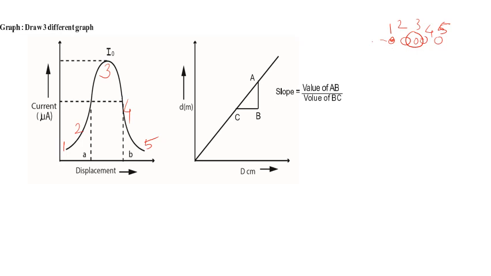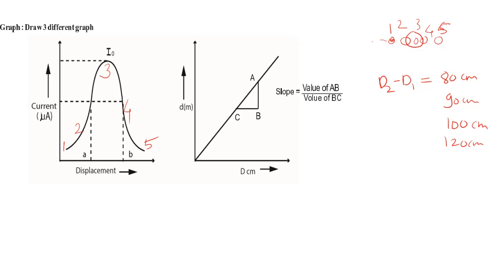Similarly, we will change the distance D2 minus D1, let's say 80 centimeter, or 90 centimeter, or 100 centimeter, or 120 centimeter. So we will take approximately 80, 90, 100 or 120 centimeter distances between the source and the pinhole, and in between we will change these distances. If we change that distance on the x-axis, we get the divergence d on the y-axis. So we will get this peak.